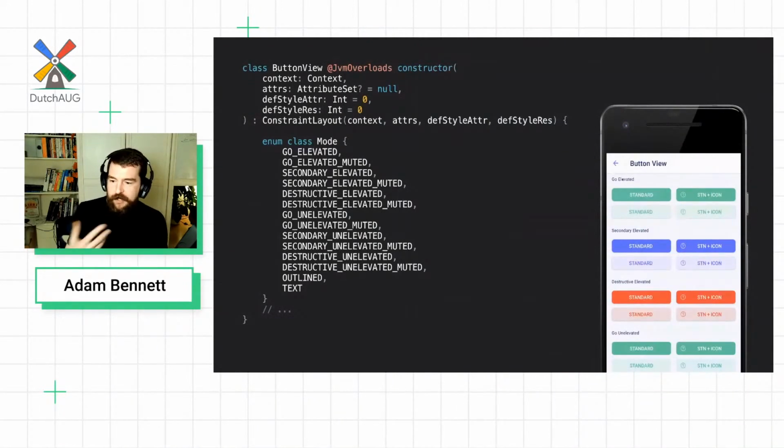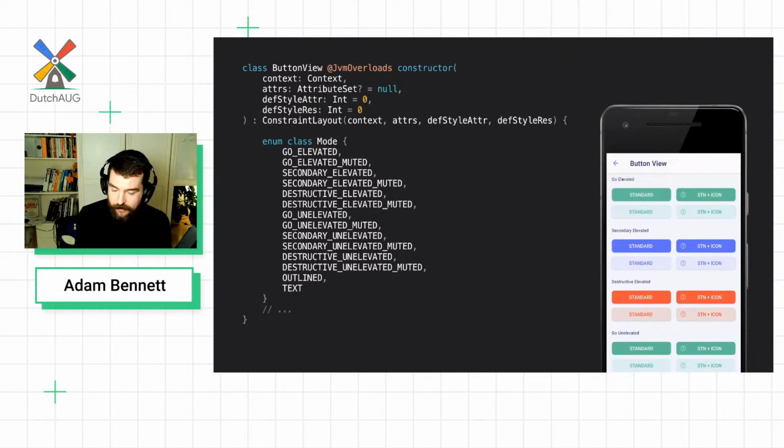So each time we try to create a component like this, you will typically have a file for the view itself. You'll have a file for the attributes. You'll have a file for the layout, depending on the complexity. You'll have a file for the data binding adapters, should you have invested in that, which we did. And then we also use Kotlin flows to deal with clicks, so we have a file for the adapters as well. So you're talking about 5 separate files just to create a simple component like a button, and it's pretty painful. But apart from that, I think views is pretty well established.